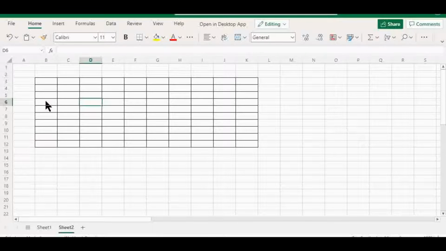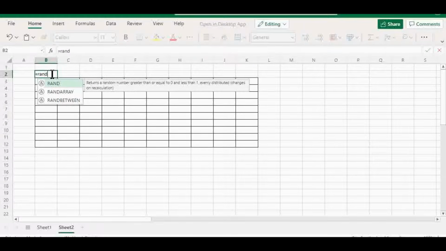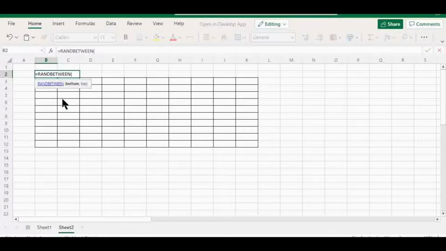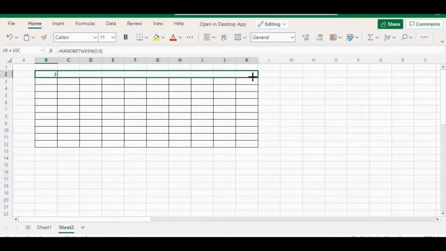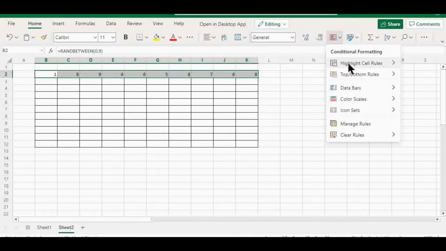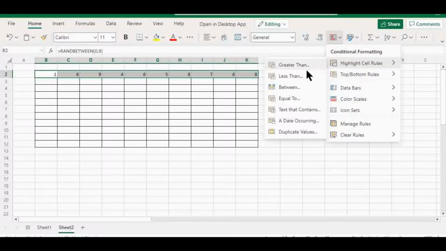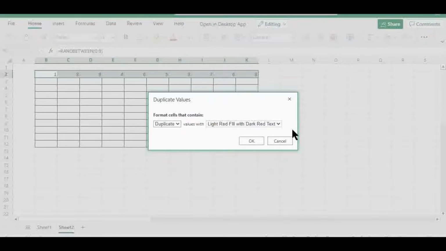Now, if you have tried this before, you may have thought of the formula RANDBETWEEN, so that's R-A-N-D between, and bottom and top just means the min and the max, so the min being 0 and 9. And the reason this doesn't work, if you drag it across, is because duplicates show up and you don't want duplicates, right? So if you need to double check if there are duplicates, you can kind of spot it pretty quickly. But if you go to conditional formatting and duplicate values,